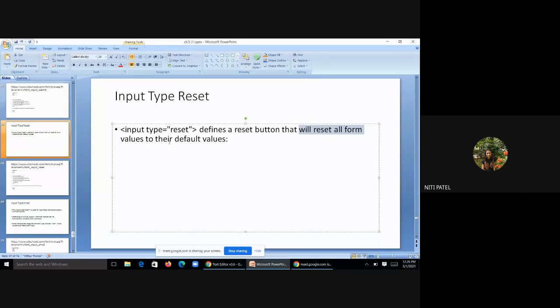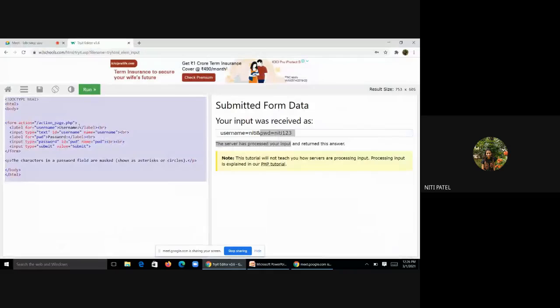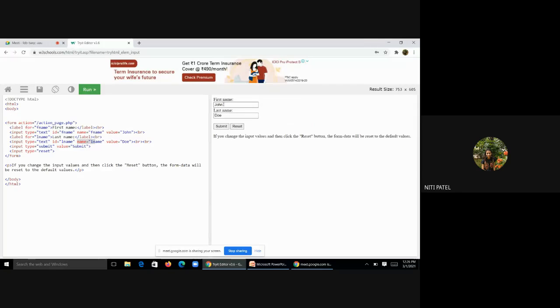Okay. So if I want to have a reset button in my form, what am I supposed to do? Use this input type reset. Let us see how it is going to work. I have input type submit. I have one text field first name, one last name. When I submit, it will get submitted to this page. But when I reset, what will happen? Whatever I have filled in front of first name and last name should get erased. Yes or no? Let us run.